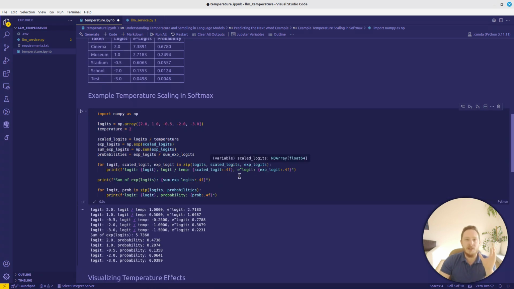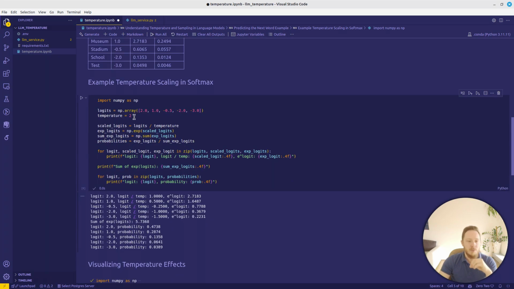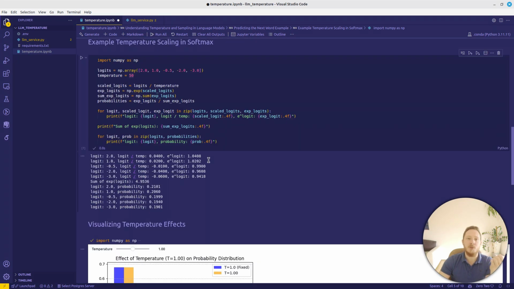And again, that's how you can visualize in your mind the temperature effects. If the temperature gets larger, the exponential function results will get nearer to the 1, and if it's smaller, then it will spread apart. We can look at it if we increase the temperature to 50, for example. So you can see now that the results are really small numbers. Therefore, the result is very